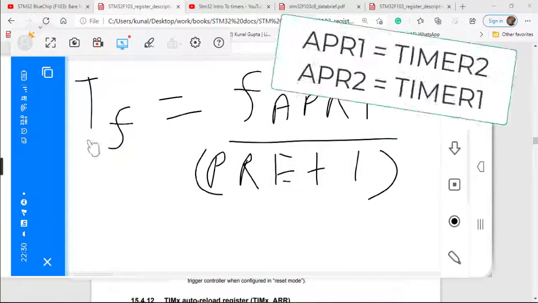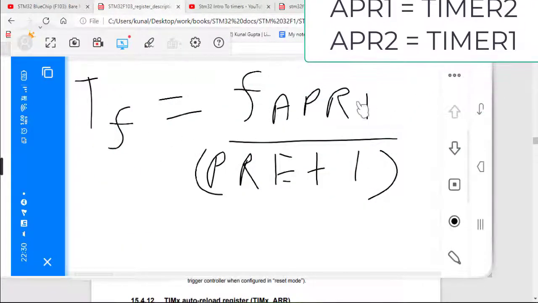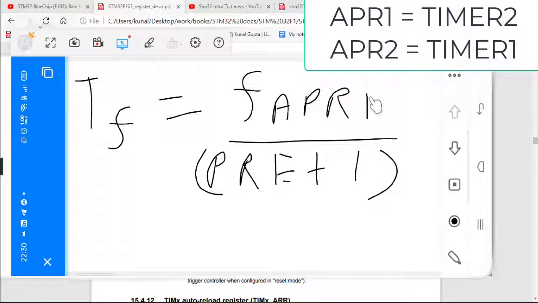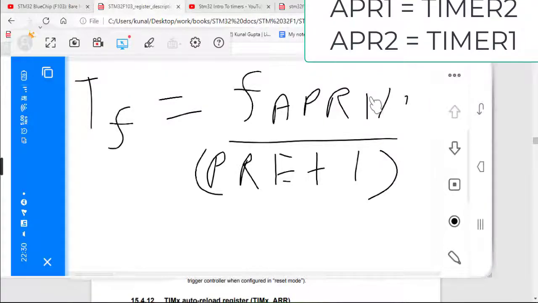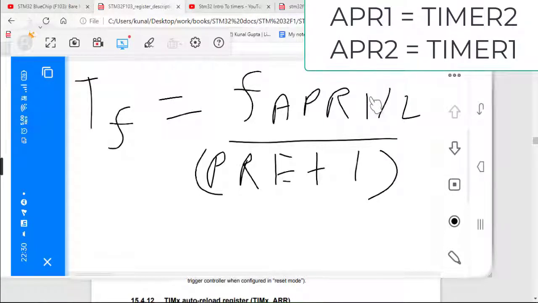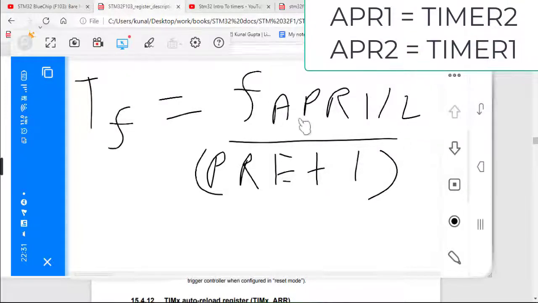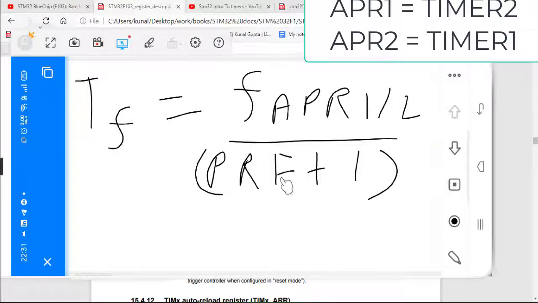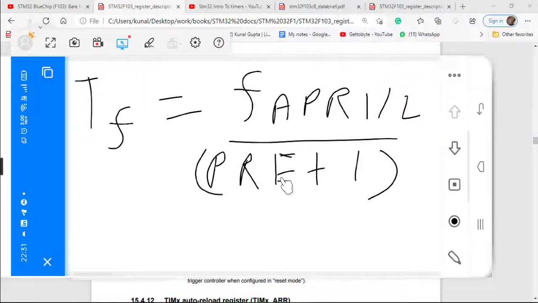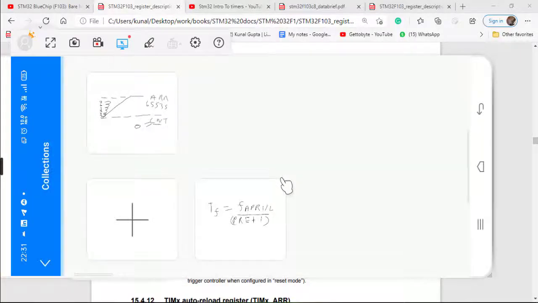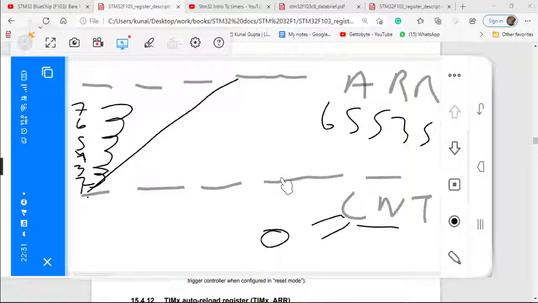So this is my timer frequency, this is the frequency of the APB1 or APB2 bus, whichever corresponds to the timer 1 or timer 2 you are using, and then the prescaler value PSC + 1.